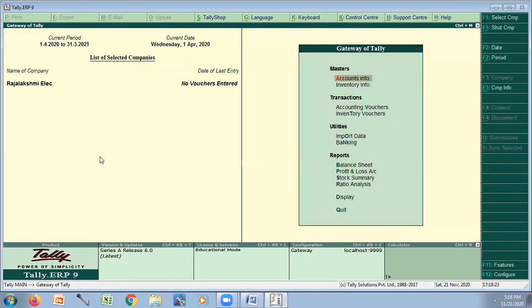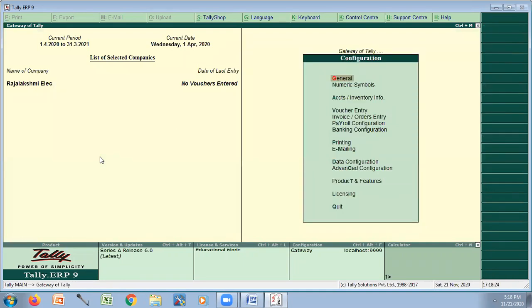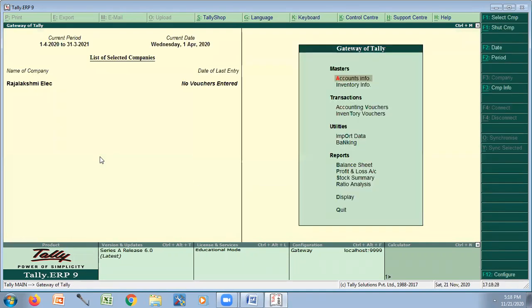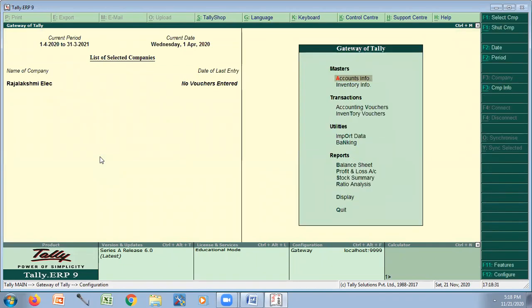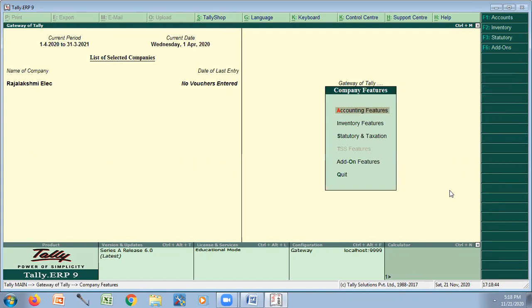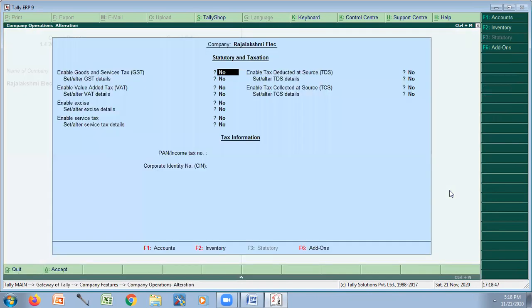Okay. Now I have to go to F11. What is F11? F11 is your company features. Okay. So F11 is your company features. I'll go to F11 there. Okay. There you have to go to statutory and taxation.